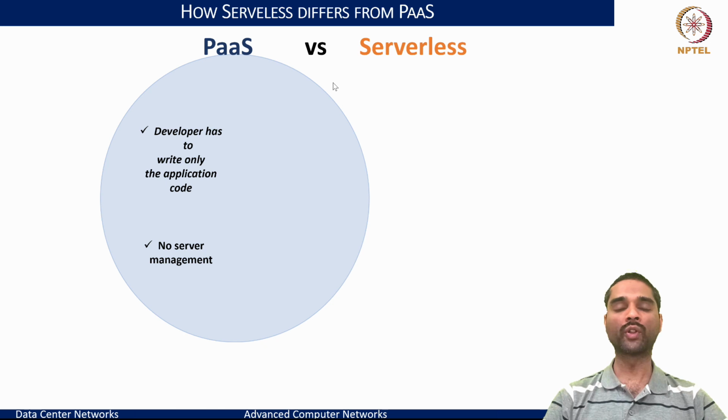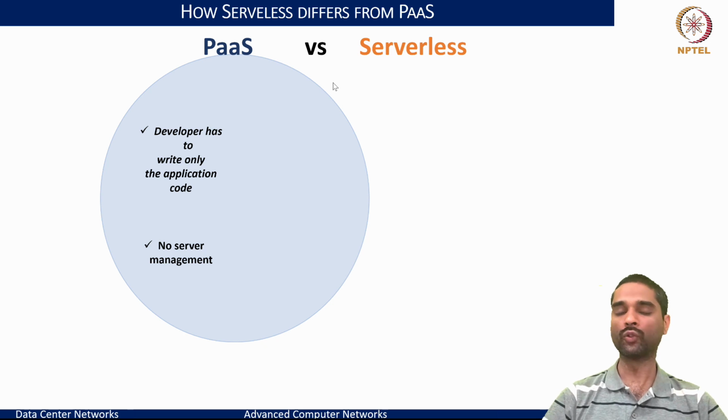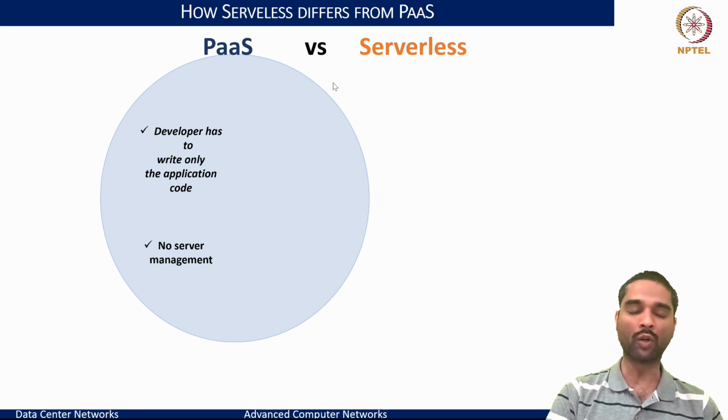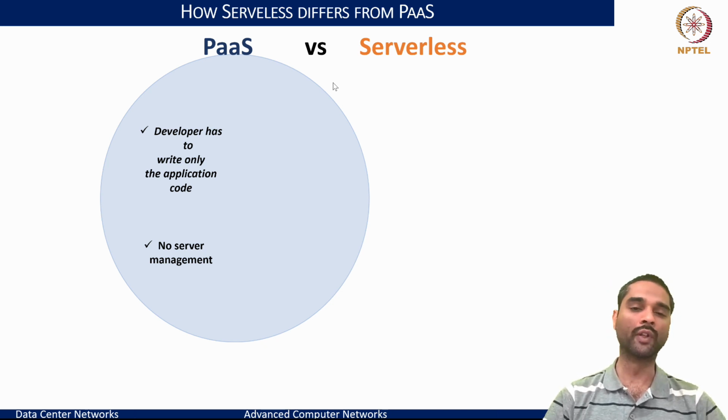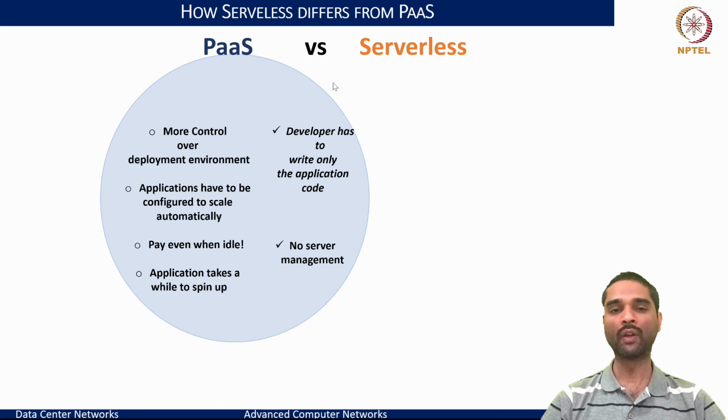When it comes to platform as a service, the developer has to write just the application code, and you would be doing this on top of the runtime that is provided as a platform to the user, using the APIs that you are allowed to use, and you basically manage your code and the associated data. So that simplifies the developer's job. And second, there is no server management, neither the operating system stack nor the hardware. That relieves a lot of burden from the developers. And these are the benefits that platform as a service brings.